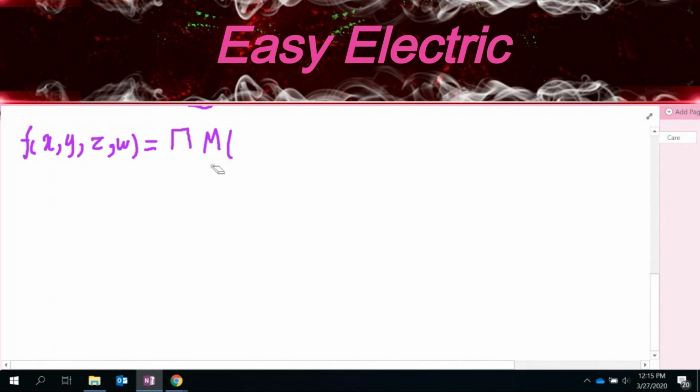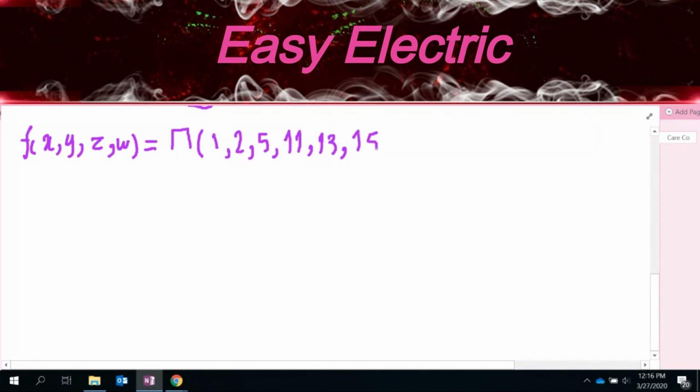Usually you don't need to write these here, just this symbol is enough. So this is the maxterm numbers. So the maxterm numbers are 1, 2, 5, 11,